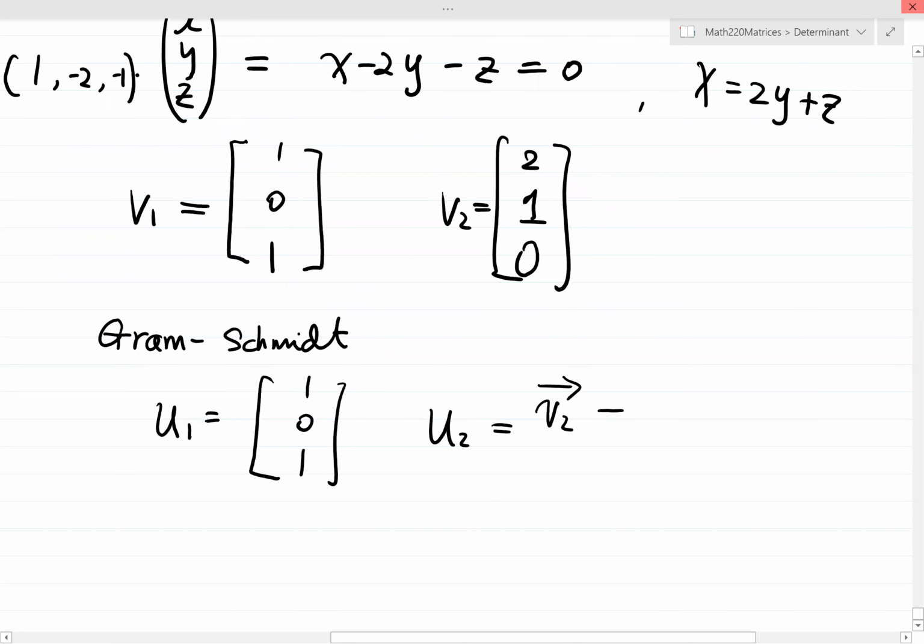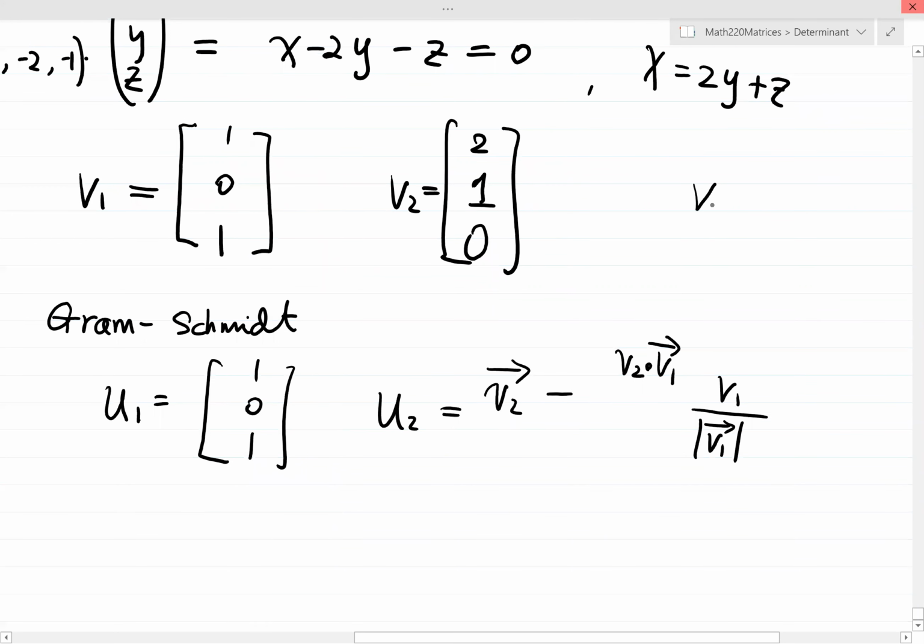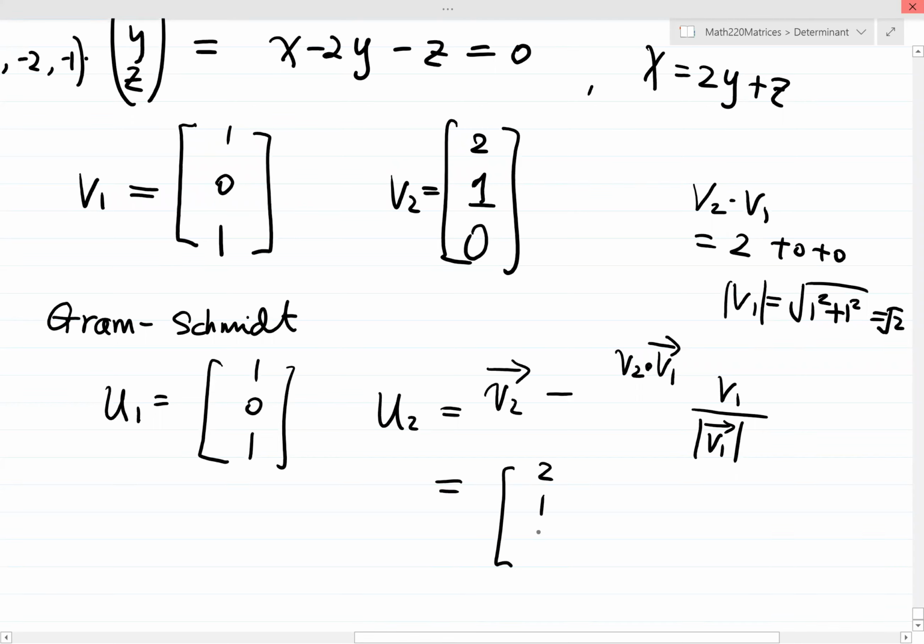So what is the projection of v2 on v1? It's v2 dot product v1, over the norm of v1. I think v1 dot v2: v2 dot v1, you get 2 plus 0 plus 0, so it's actually 2. The norm of v1 is the square root of 1 squared plus 1 squared, which is square root 2. So this will be v2, which is (2, 1, 0),